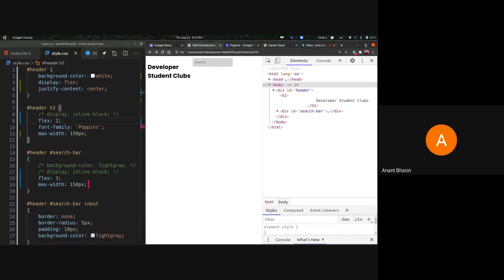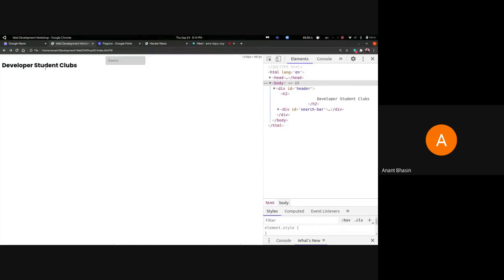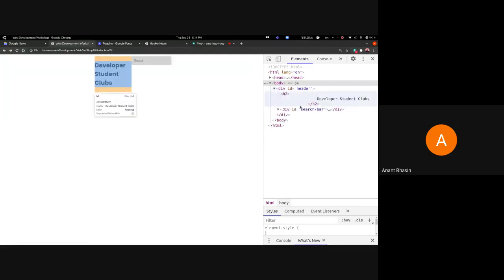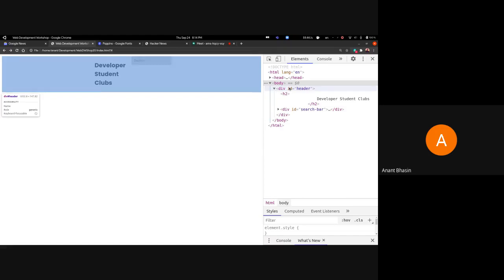So right now, before I've reloaded it, you can see that they're taking all the available space on the line inside of the header tag. Now if I reload, this should be expected: they're taking only the space that we have given the elements. Everything else is in overflow. The search bar is actually extending a bit, but that's because the input tag inside of the div is taking more space. Now you can see that they're taking only the space that we give them, and they're centered inside of the header tag. So that is what justify content is doing.